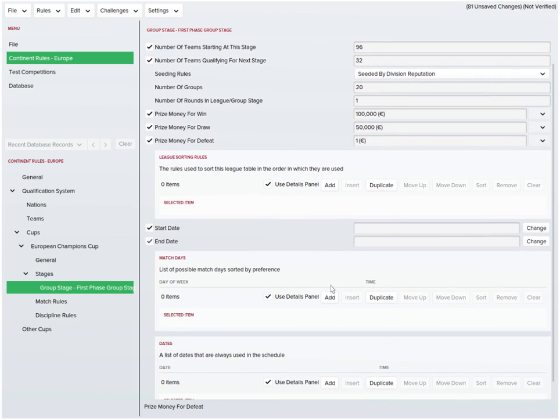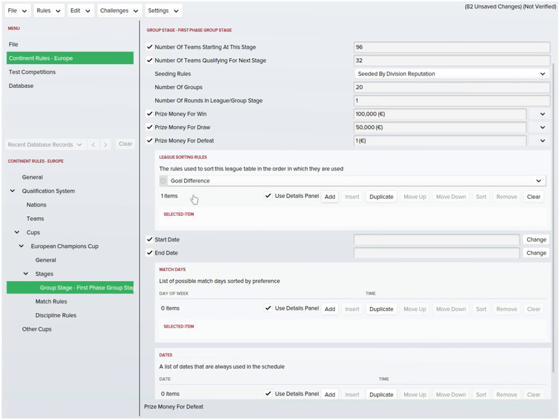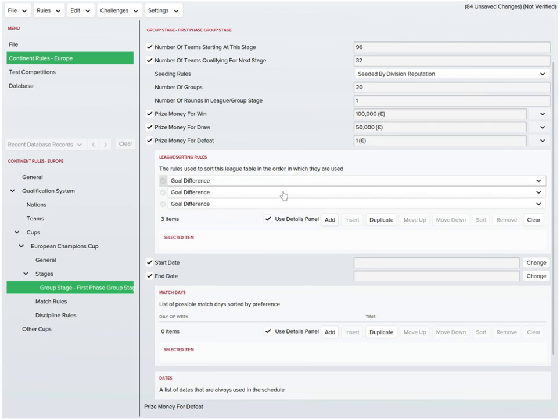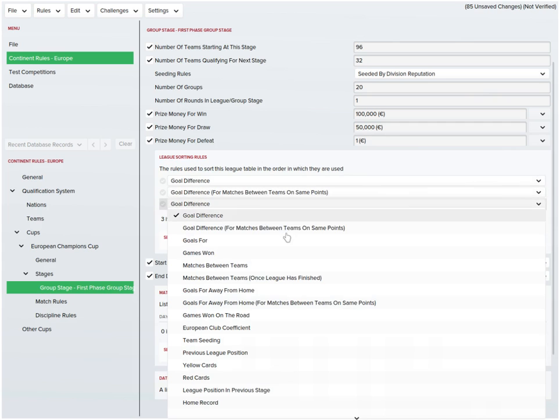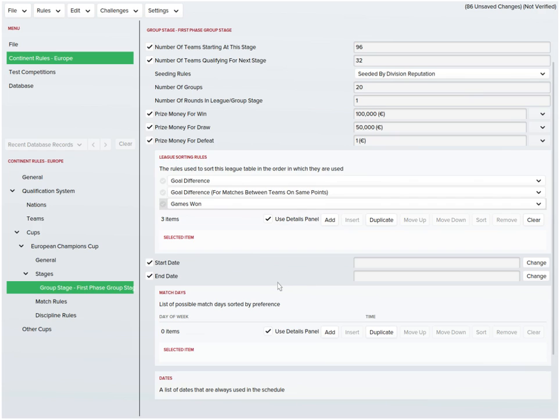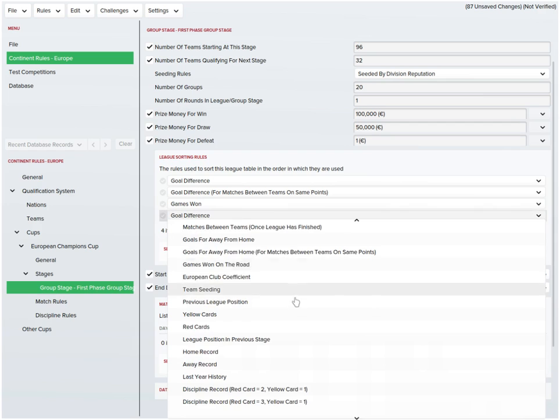This is quite important. It checks it out. You usually want to check and actually add it because it's the main cause of problem. Yeah. Oh yeah, actually, before I go to this, this is how, in case of a draw, it actually is seeded. So for example, in case of a draw, I know goal difference, then I can go goal difference for matches between teams on the same point and games won. Just an example in case the teams have the same amount of points,